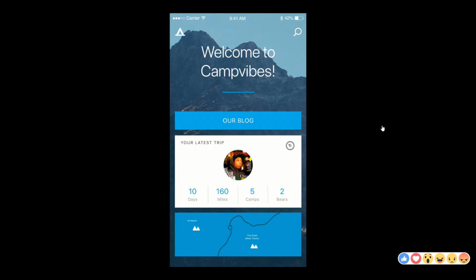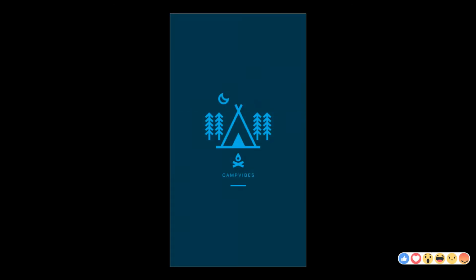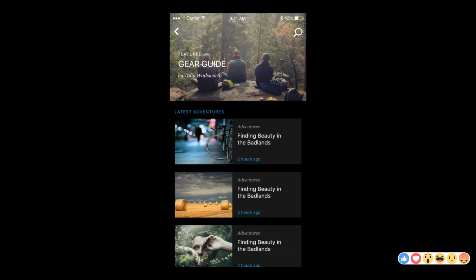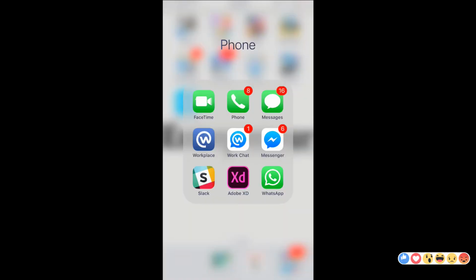But I can tap on everything. All right, so I can tap on this logo, and it brings us to our home screen. I can tap our blog, and it brings everything up. I can tap Gear Guide, and